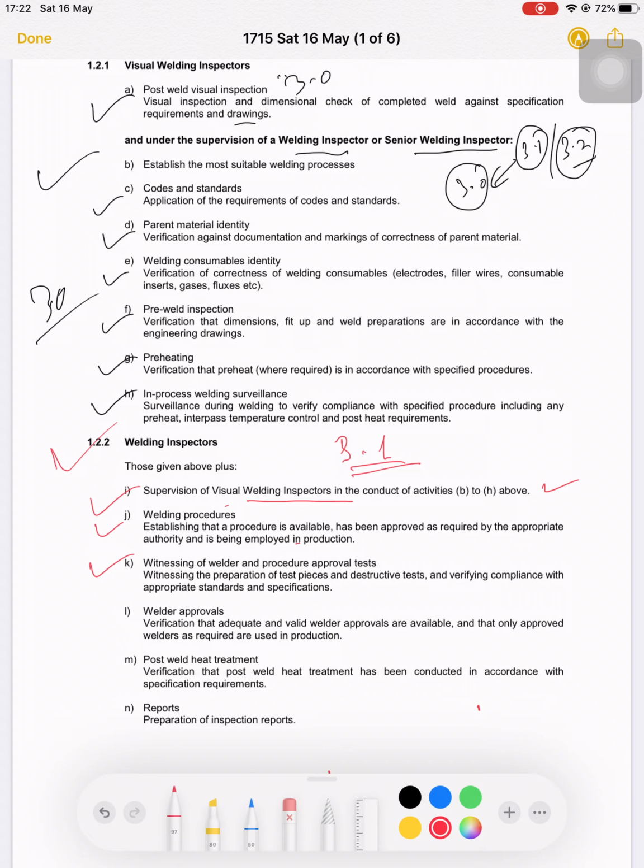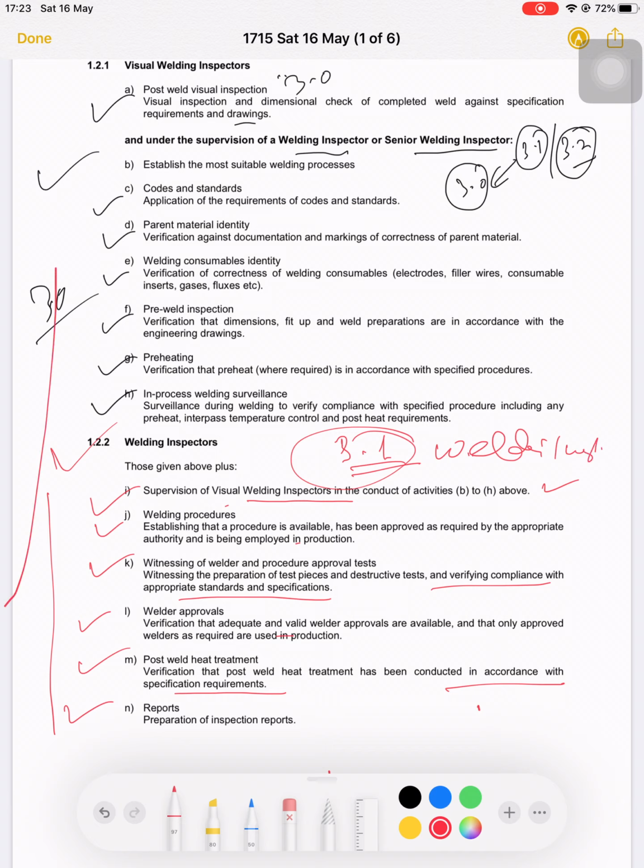It requires witnessing builders in the procedure approval test, witnessing the preparation of the test piece, destructive testing, and compliance with the appropriate standards. Builder approval verification: accurate, valid building approvals are available and only approved builders are used. Post-build heat treatment: verification that post-build heat treatment has been conducted in accordance with the specification requirements, and report preparation. So these are the activities and duties of the 3.1 building inspector.